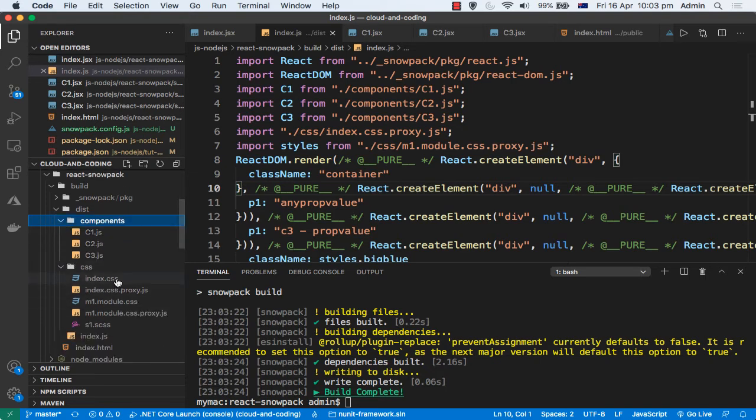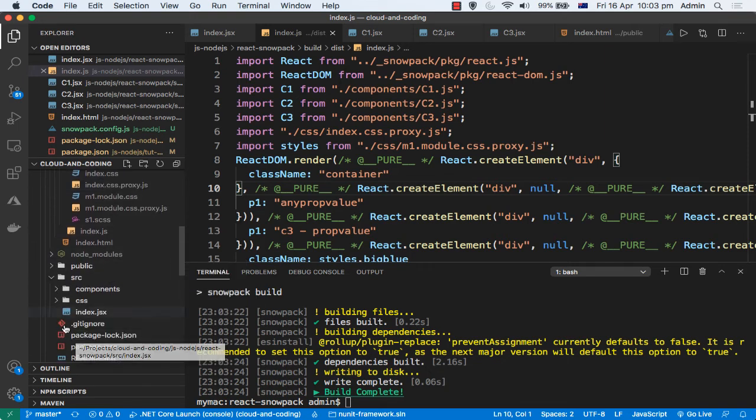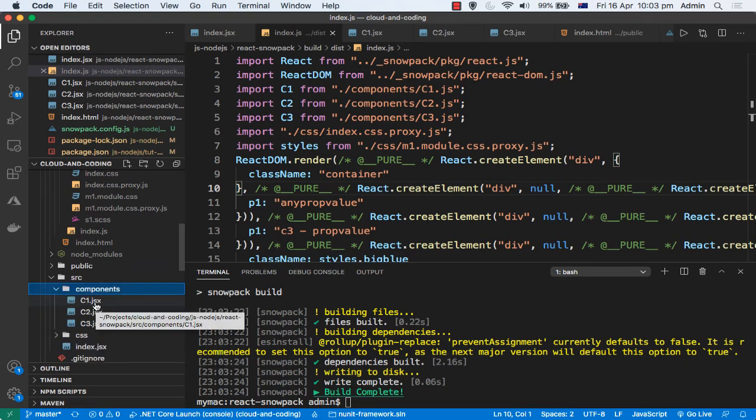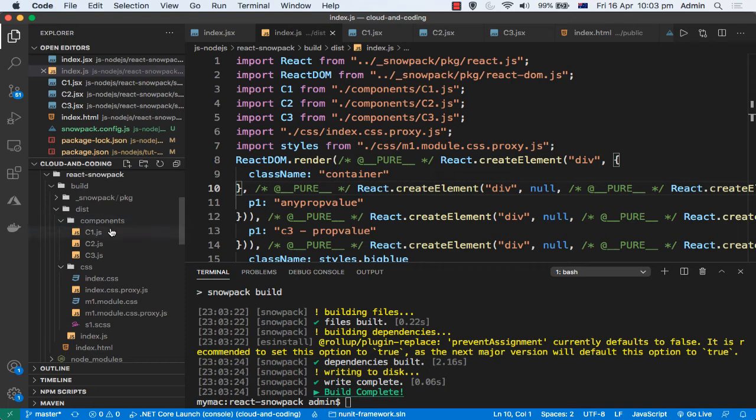Notice how this has created the js files out of the index.css, and even we have these components with the jsx extension. You can see c1.jsx. If you look at this build folder, the extension has changed from jsx to js, and for the css files it has changed from css to .proxy.js. So Snowpack is taking those files and converting them into JavaScript files, because the browser doesn't understand JSX. The browser only understands JavaScript files, that is JS. It understands CSS files, but the reason proxy.js is getting created is because